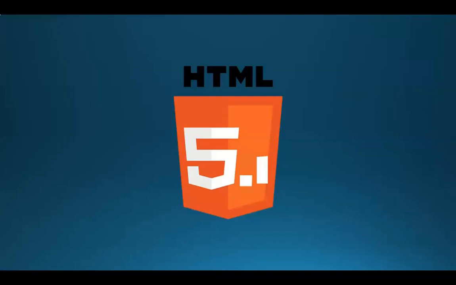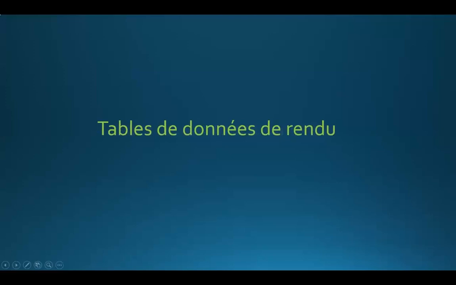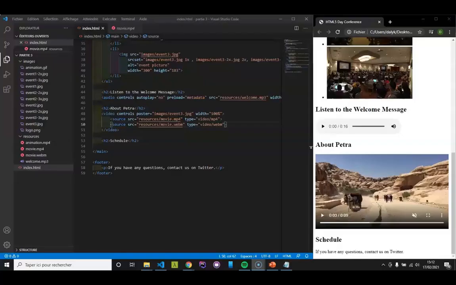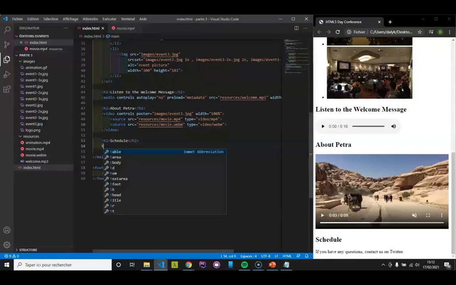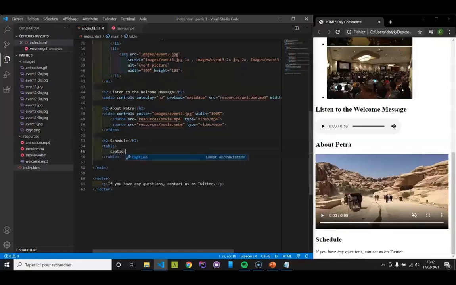Good morning and welcome to this HTML5 course. In this chapter we will look at rendering data tables. To make a table, we will use the table tag. In the table tag, we are going to start by putting a caption tag for our little caption, and we are going to put, for example, conference by the